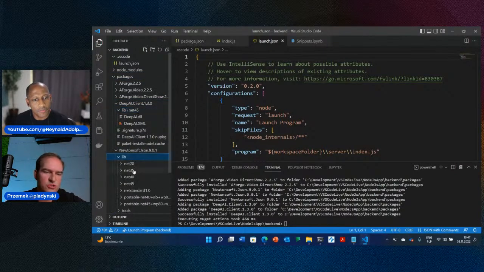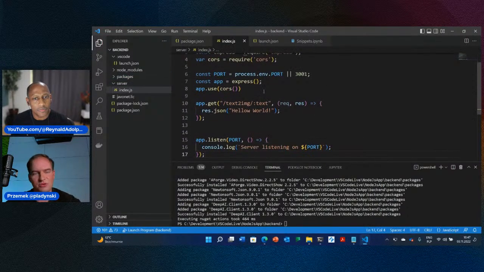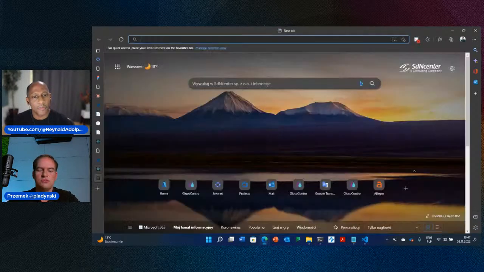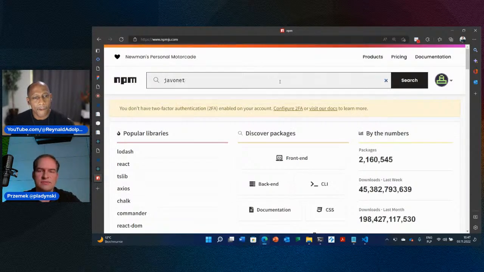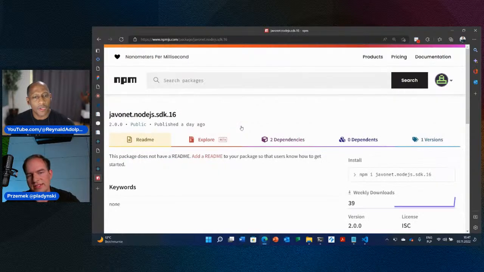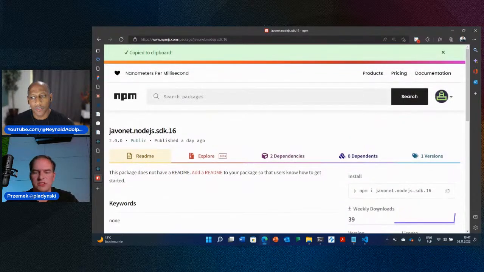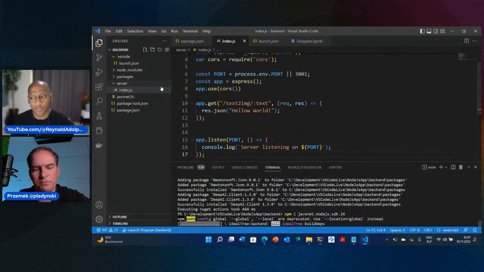So it's really cool to watch when the .NET libraries are just appearing side by side in the same folder as the JavaScript Node.js application. And right now, let's also install Javonet. Javonet is available for all of the top platforms, including Node.js. It's working for Python, Perl, Ruby, Node.js, Golang, C++, .NET, CLR, and .NET Core. So for NPM, we have the Javonet package. You can just copy it from here, and you can install it as an additional dependency for your Node.js project.